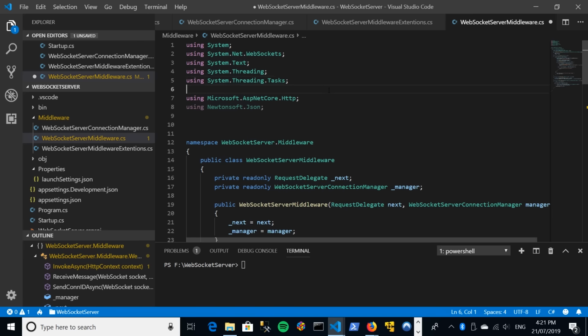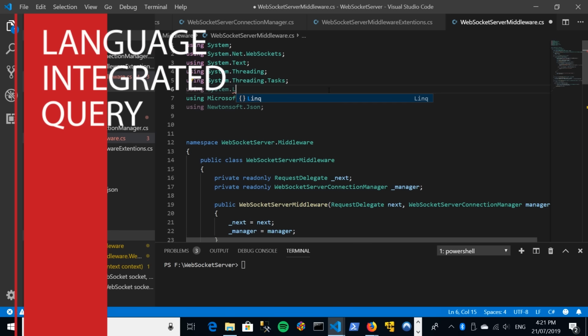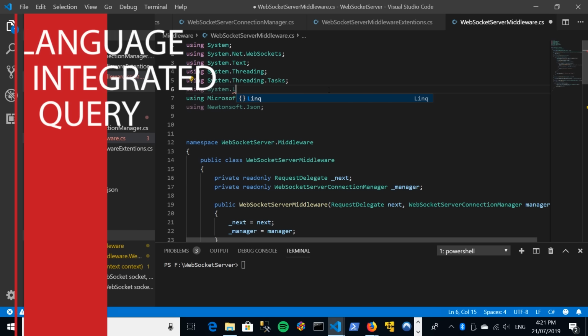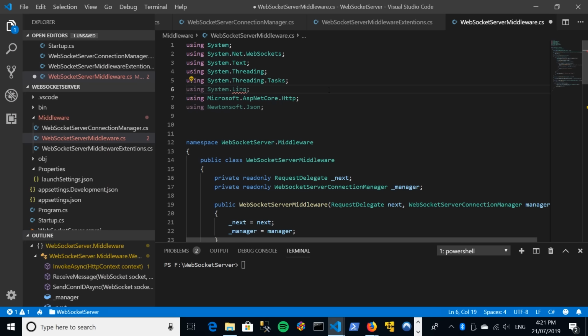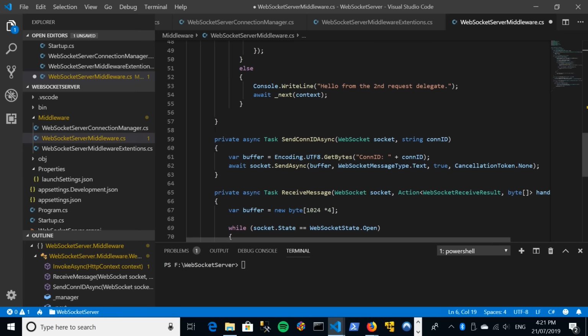And then the other one is using System.Linq. I can't remember what LINQ stands for. Language, I can't remember. It's like a query language you can use to do queries on objects and stuff, so it's very powerful, and we will be making use of that in a bit. So yes, we're in our WebSocket server middleware class, if I hadn't already mentioned that,